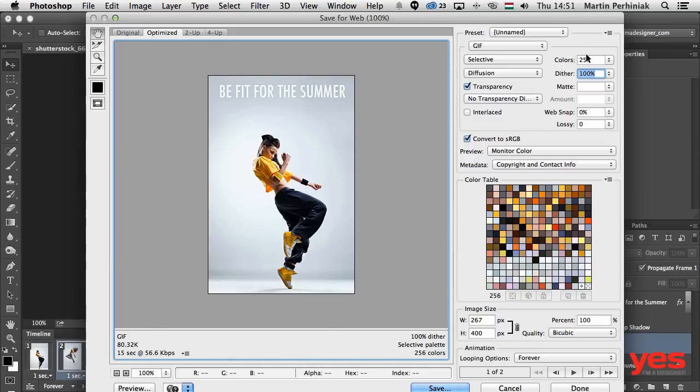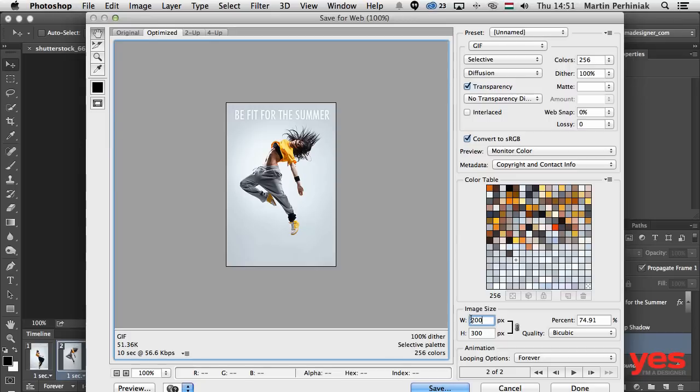So the higher amount of colors and dithering you use, the larger the file size will be as well. That's 80 kilobytes, which is still not that bad. So we can test it again, play it, and it looks good to me. So once I'm happy with it, I can save it out, or maybe I can still adjust the size which I want to save it out into. So let's say the height is limited to 300 pixels, then I can switch to that, and then we have a quite good size, 200 by 300, and also the size of the GIF file is now close to 50